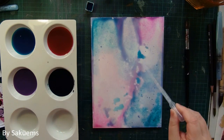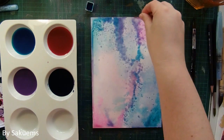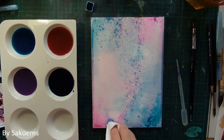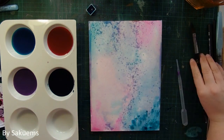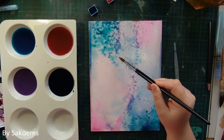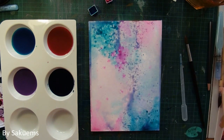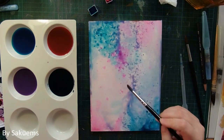So I guess I can just give you tips about the process. First of all, the paper I'm using is a hot press 100% cotton watercolor paper, and it is my Arteza brand, but you can find any type of paper really for watercolors. The only thing you should make sure of is it's stretched properly. So you either use a paper pad that is glued on all the sides, which is what I'm using, or